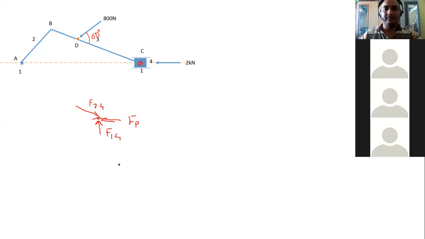In the same way, again draw the force polygon for this particular point. So already Fp is given. So start with any point O, zero point you can say. Then draw Fp equal to 2 kilonewton or 2000 Newton. Say this is your 2000 Newton, and you can give names, A point, B point, that way. Okay, so let us say it as Fp. Then second force is the F14 force. So draw this F14 force here. We don't know the magnitude, we only know the direction. This way, let us say.